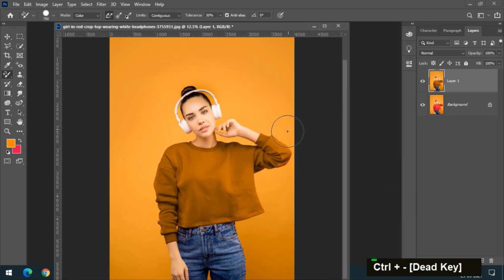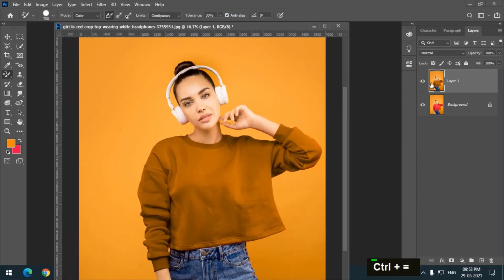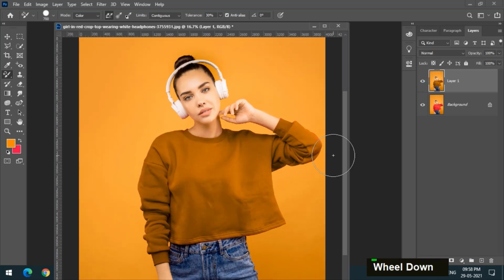Looks pretty good, looks natural actually. This is before, this is after. So this is how you easily replace the color of any object. But this was a very easy example. There are certain examples which are very difficult to select, but you can always try and experiment with it.